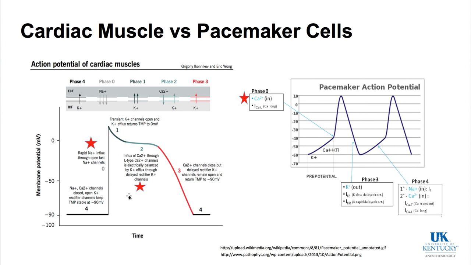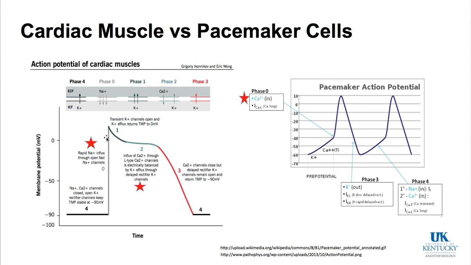Next, let's look at cardiac muscle versus pacemaker cells and the action potential. On the left shows the action potential of cardiac muscle. On the right shows an action potential of a pacemaker. Several important points. There's phases of this action potential labeled 0, 1, 2, 3, and 4 in the cardiac muscle here. And you can see that in 0 is a rapid sodium influx, and the charge of the membrane potential